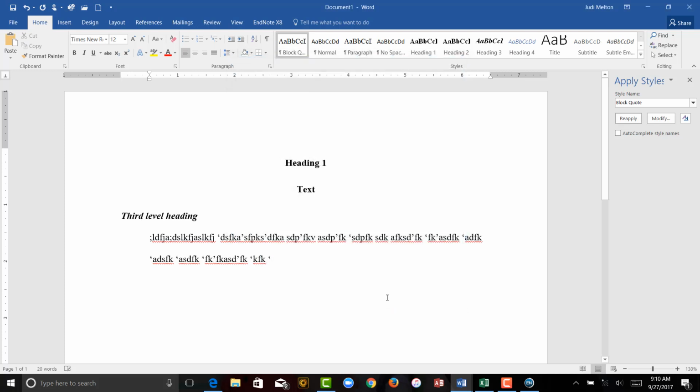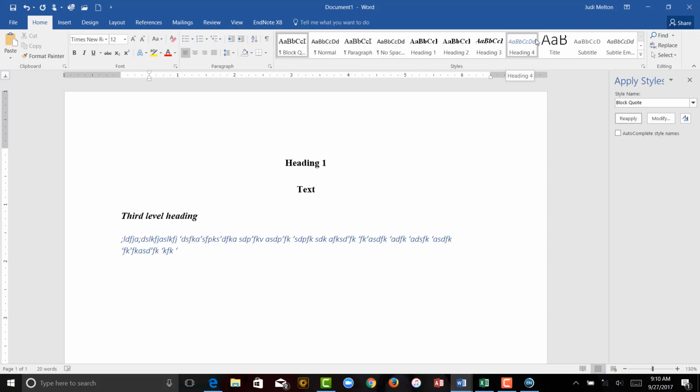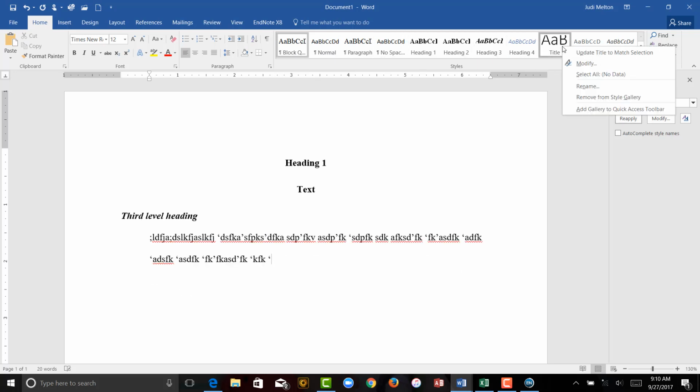Say OK, OK, and there we have it. Your paragraph is block indented, and you notice that it's now up here on the top. If you want to get rid of something up here on the top that's in your way, you can always right click on it and say remove from style gallery, and that gives you enough room for some of the other heading styles that you want, or